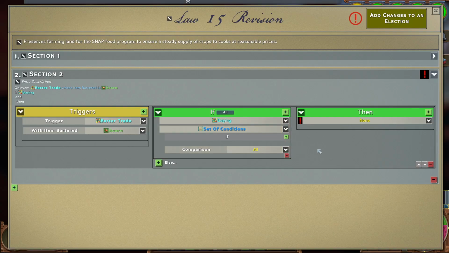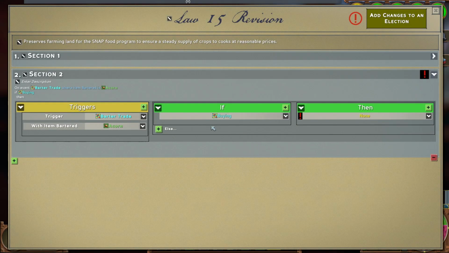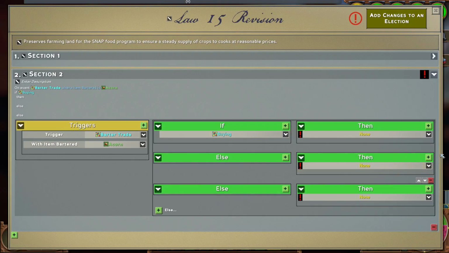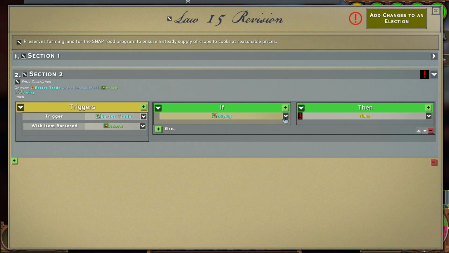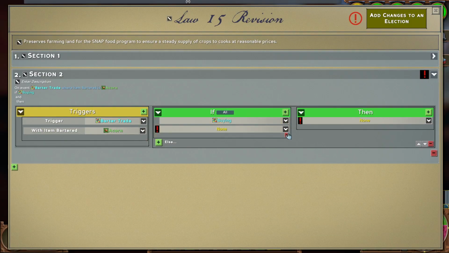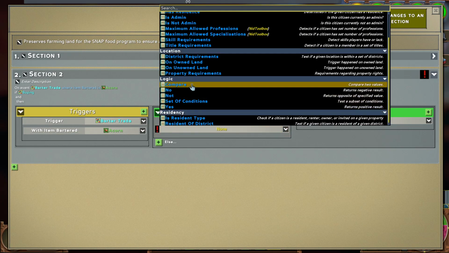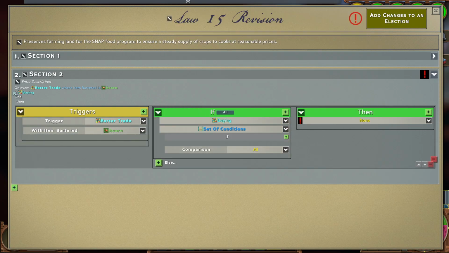So what I'm going to do is go back and delete this. How I did that is I dropped down, and these are different sections. If I do else, these are different sections that are made. What I want to do is delete these sections and add the little plus right here. I don't want to add a whole new section, I want to add something in addition to this. So plus if buying, and we're going to compare a set of conditions. See how it changed now to an if and. So if buying and